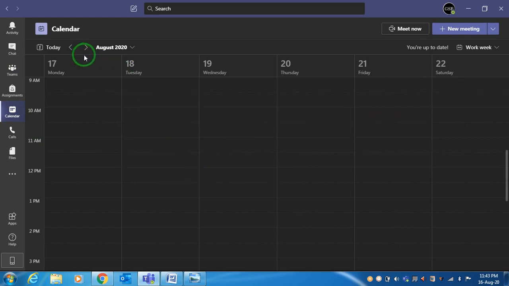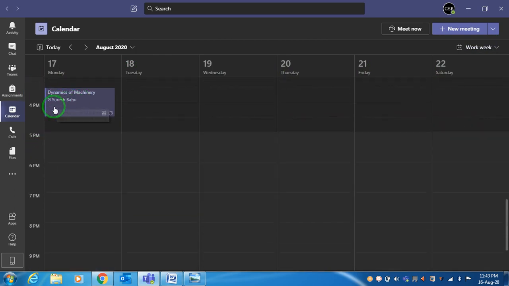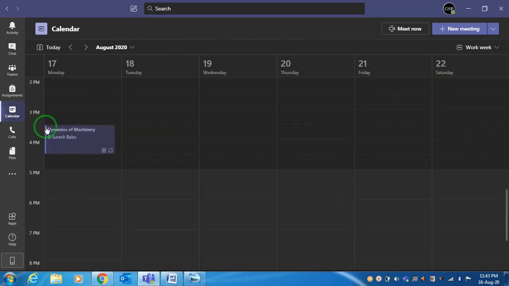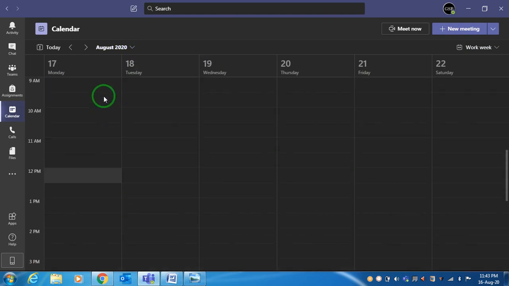See in the calendar view, August 2020 work week. Work week here is nothing but the view of Monday, Tuesday, Wednesday, Thursday, Friday. 9 a.m. here, 3:30 to 4:30. This is on 17th. See, same thing.